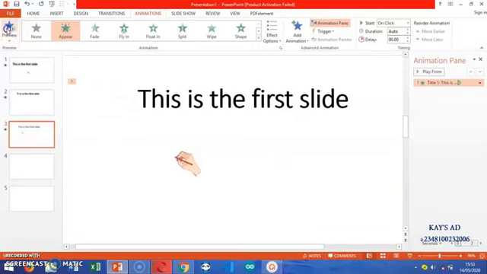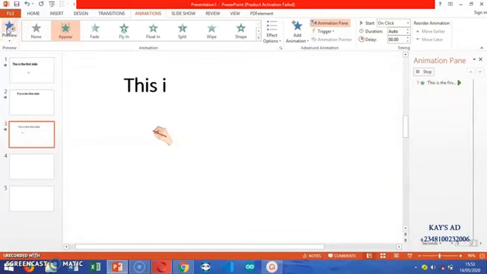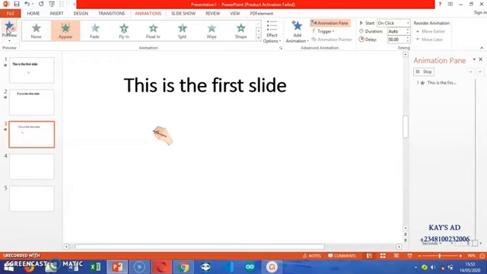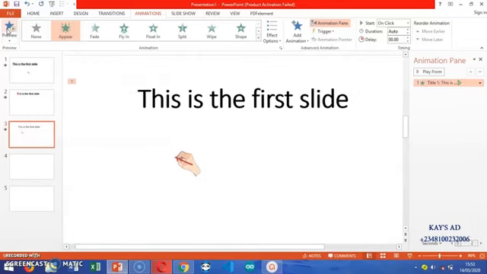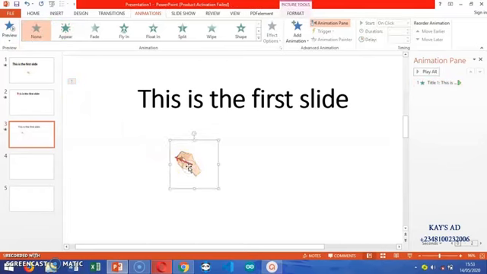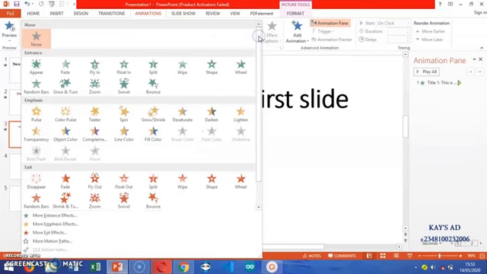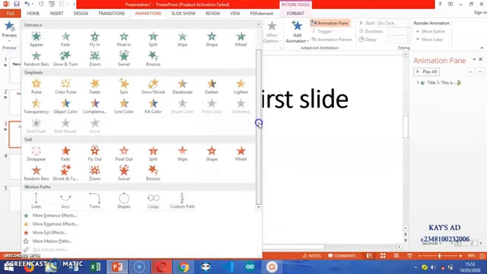Now let us preview what we just did. You can see the letters are appearing 0.5 seconds after each other, after the previous one. So that is that for the slide. Now let's go to the JPG that we've made. This is the first method, don't forget. You come to Animation after clicking on the picture, then come down. You will see a lot of Entrance, Emphasis and Exit animations, but here we are going to be using Motion Path.